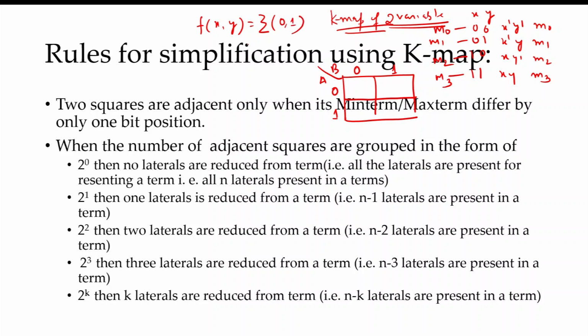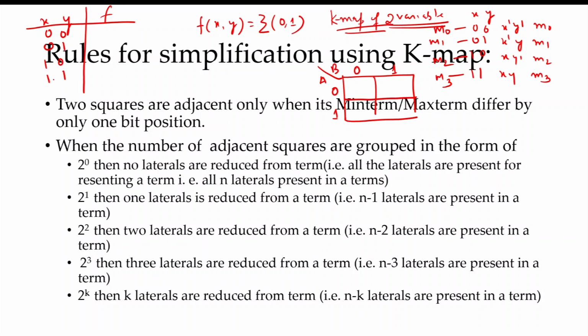Summation of 0 and 1. This means in what particular input combination. Here simply we make a truth table of the function, with the values of x and y, and this is the value of the function. This function says that in minterms 0 and 1 the output is 1, and in the rest of the minterms the output is 0, like here 0 0, 0 1, 1 0, 1 1.